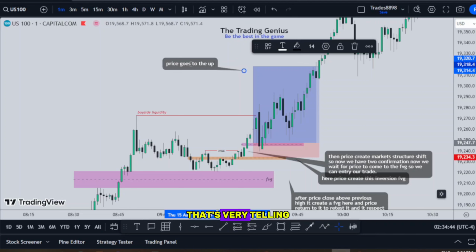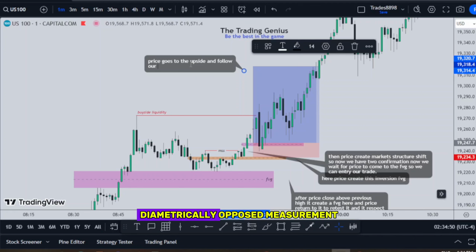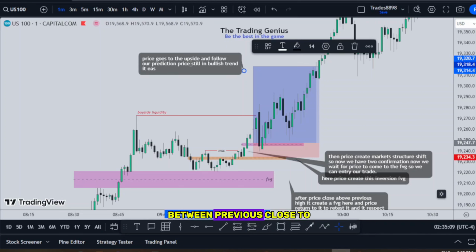That's very telling, because what you can actually start doing is you can get a diametrically opposed measurement with a simple cumulative line. And by doing it on the open to close relationship, you end up with Larry Williams' accumulation distribution formula. But if you switch the logic and you do a cumulative line basis on the difference between previous close to opening of today,